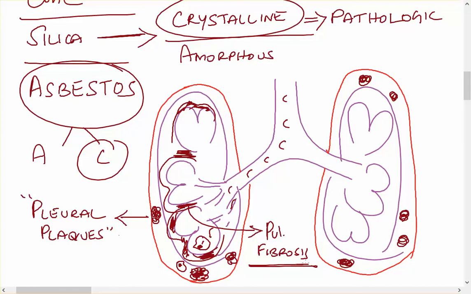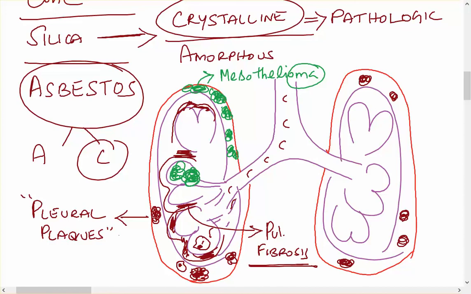They don't stop only at this level. They produce a very serious, very dangerous form of cancer from the pleura. This is a very aggressive cancer. The patient will not survive more than a year. This is called mesothelioma. Don't think it is benign because it has oma. It is a highly cancerous disease.